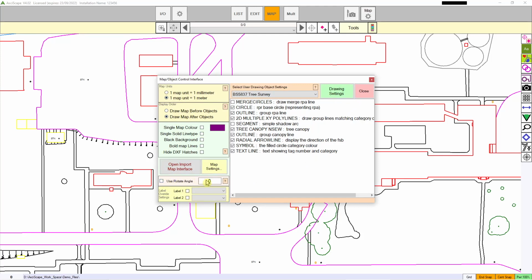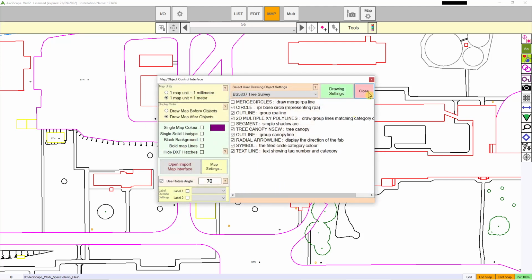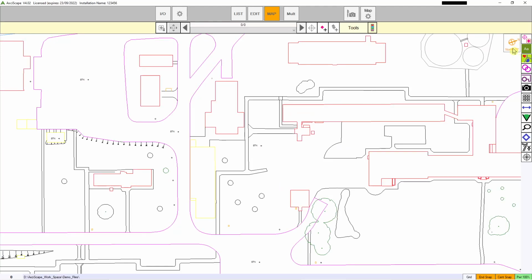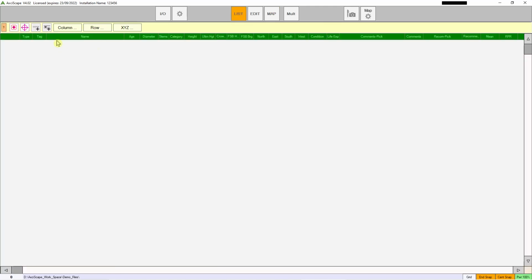For instance, rotate. North is normally 12 o'clock, but sometimes you'll get given a plan which has been rotated, or north's in a different direction. So you can change the angle here. I just put an angle in here, 70 degrees. Up in the top right, it will just come up to say north is now that direction. So we've got the CAD drawing in, we've got the template in,